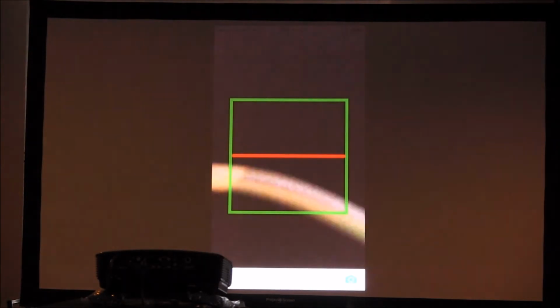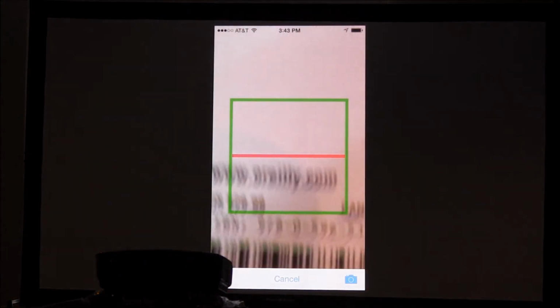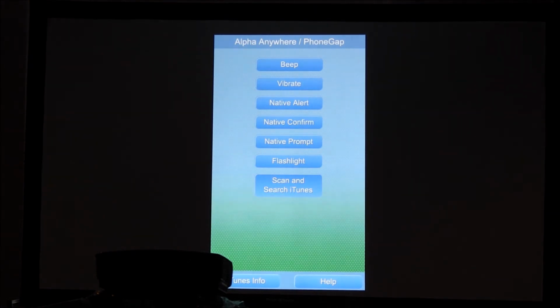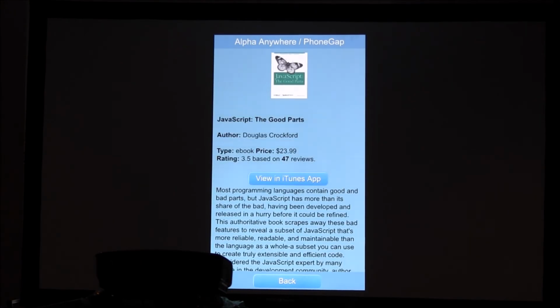Okay, so let's see if this book is in the iTunes store. So now it's calling back, and there it goes. So it found it. That was kind of cool. So it looked up the ISBN code, found a match, brought back all the information as JSON, and then this